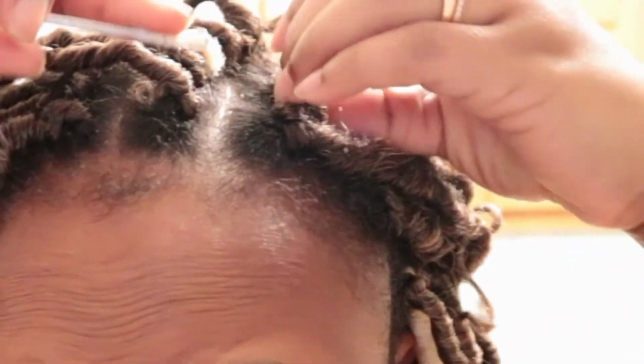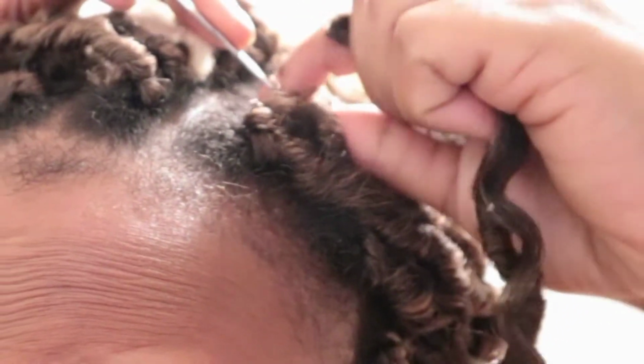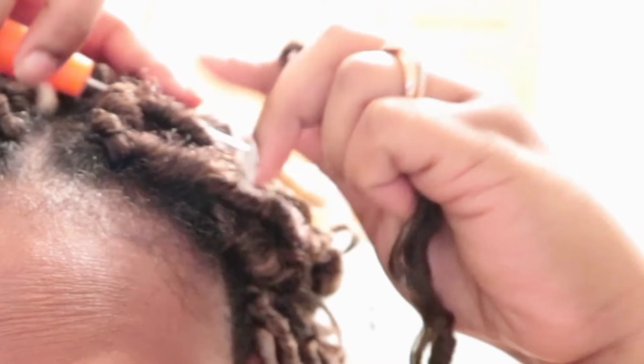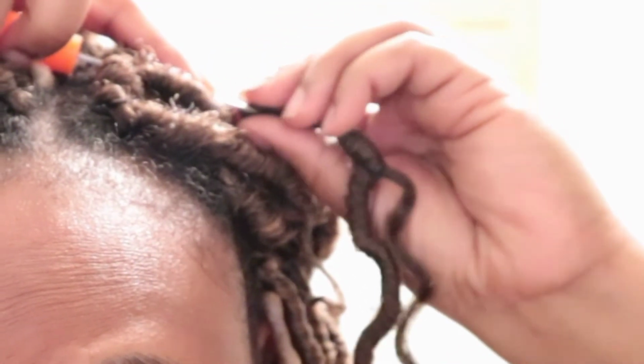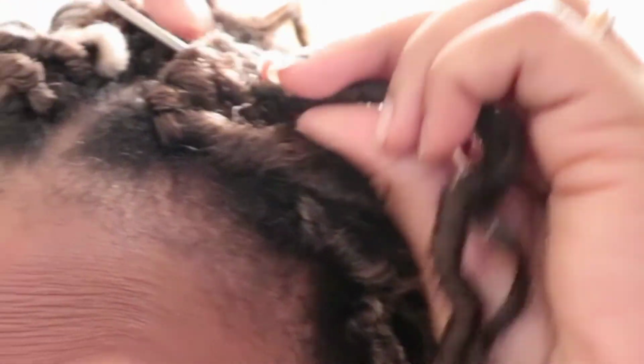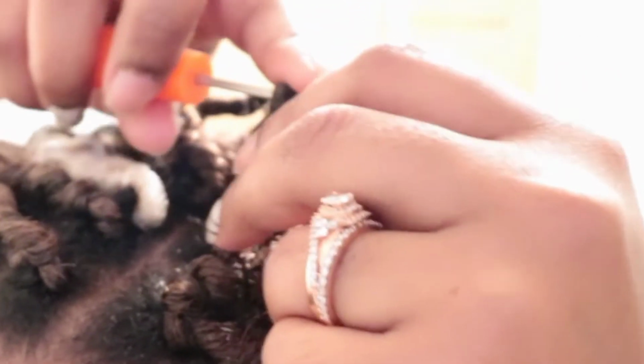So here I'm just going to show this to you. This is a few days later. You go in with the hook open, and then you're going to put the loop into the open hook, close the hook, pull it back through, and then watch the magic happen. Open that loop back up, and then you're going to sit the hair, find a narrow piece of the hair,